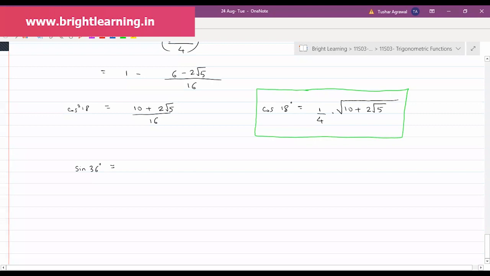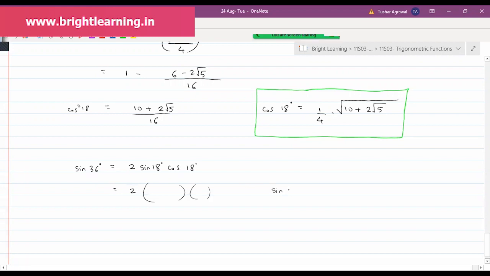Sine 36, now how to calculate? Sine 36 is sine of 2 theta, so 2 times 18 degrees: sine of 2 theta equals twice sine 18 degree cos 18 degree. This identity you will use. You know the value of sine 18, you know the value of cos 18. Just substitute the two values that we have solved now, and the answer should come out to be equal to